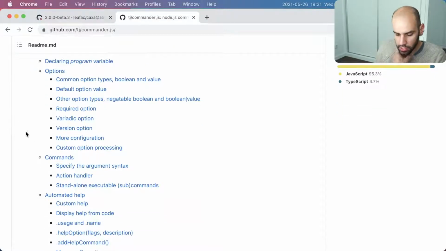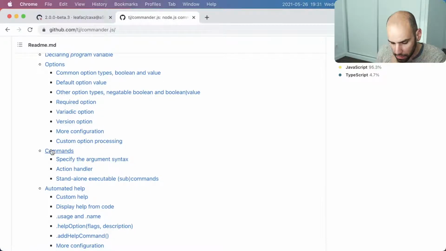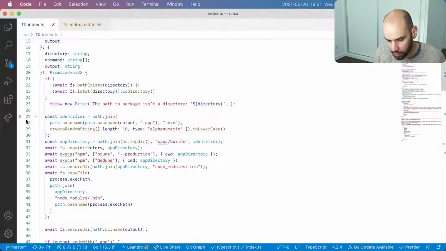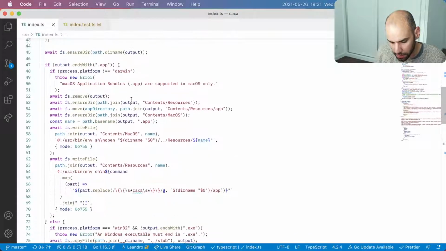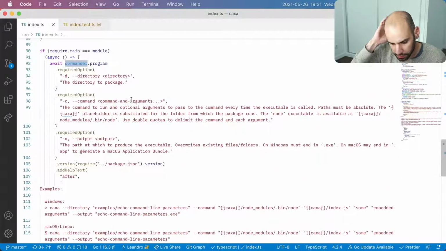So let's look at the commands in required option. Okay, I think I know how to do this. So here we have the parsing of the commands, and we have the command that we no longer want.